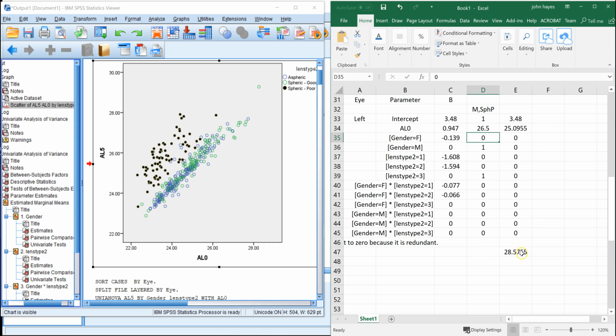And we get a value of 28.57. So if we go to 26.5, 28, okay, he's a little under what we would have predicted him up around here someplace. So he's a little under, but generally